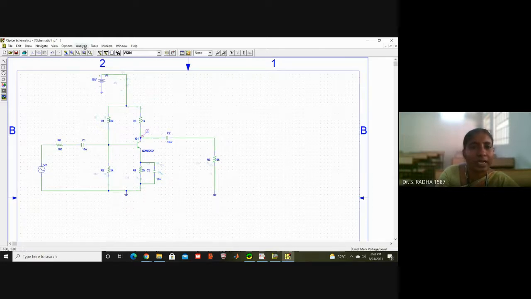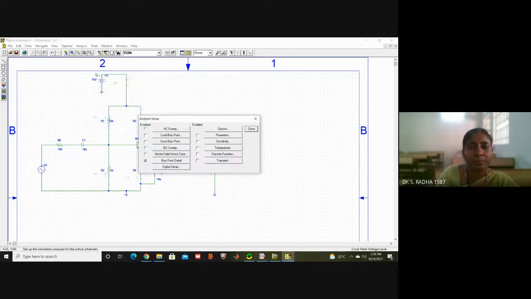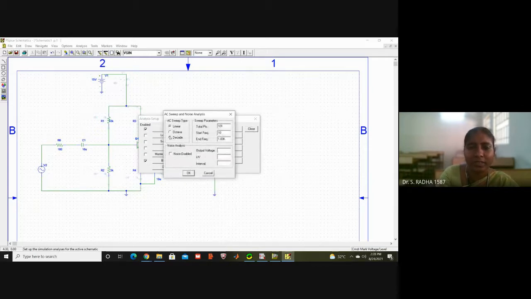Now I am going to analysis, setup, and AC sweep. You can enable it, or it will enable automatically when you go inside and set the values. Select decade, 101, 10, and up to gigahertz. X-axis frequency 10 hertz to 1 gigahertz. Mega means 10 power 6, giga means 10 power 9.